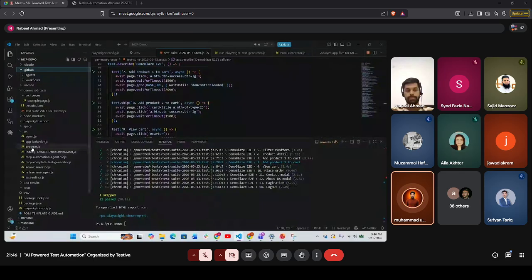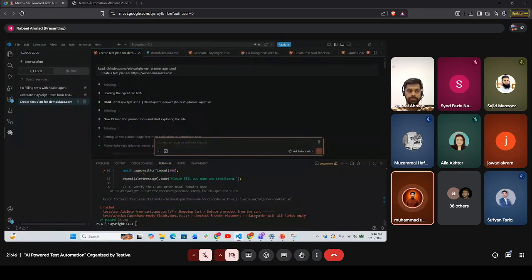Okay, Nabil, I have a question. Can you please answer? Yes. I just want to know how you get the locators of a specific element through AI. Actually, my agent tries to click and inspect the element. It interacts with the real app.